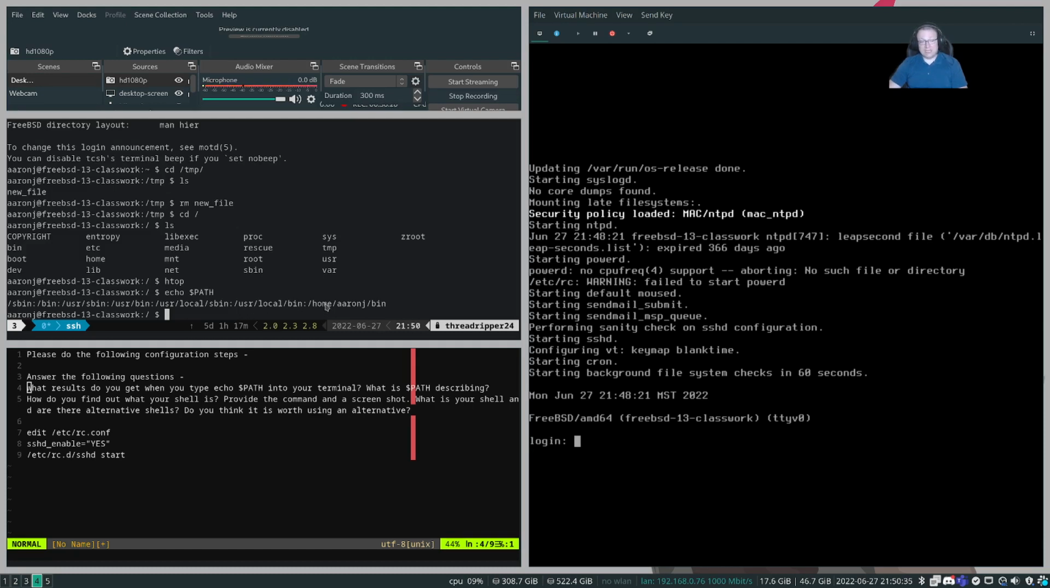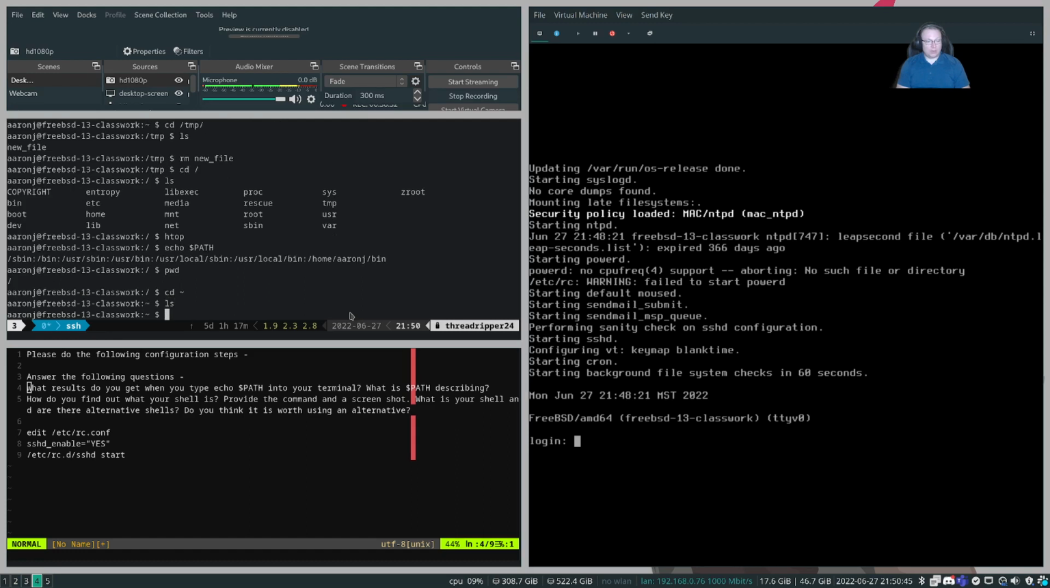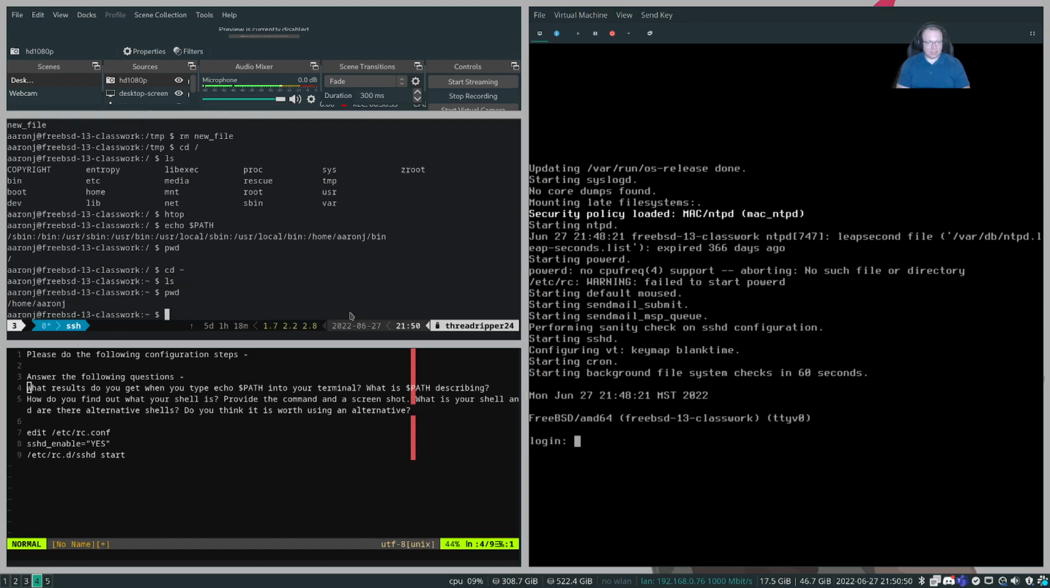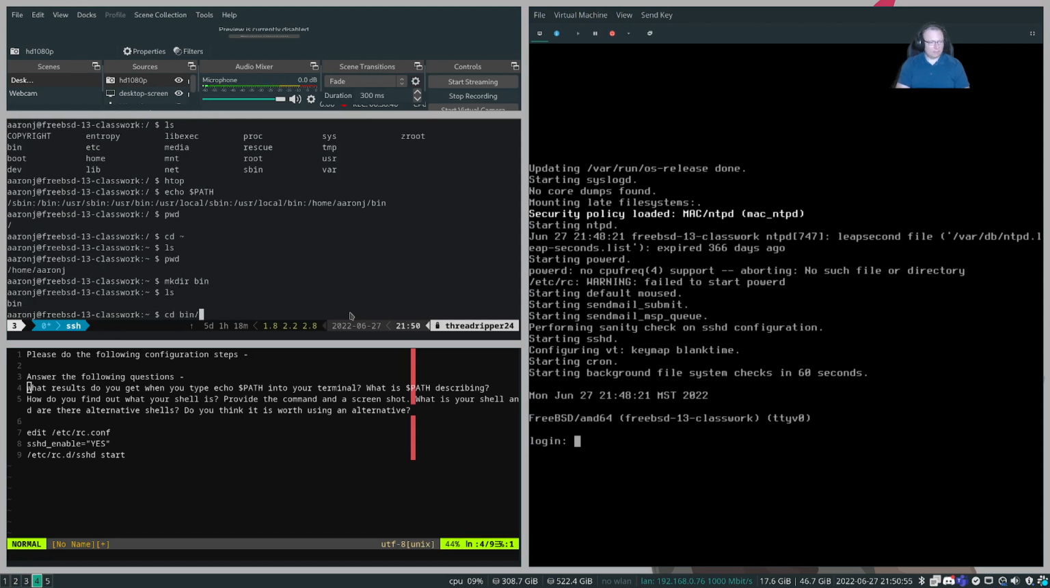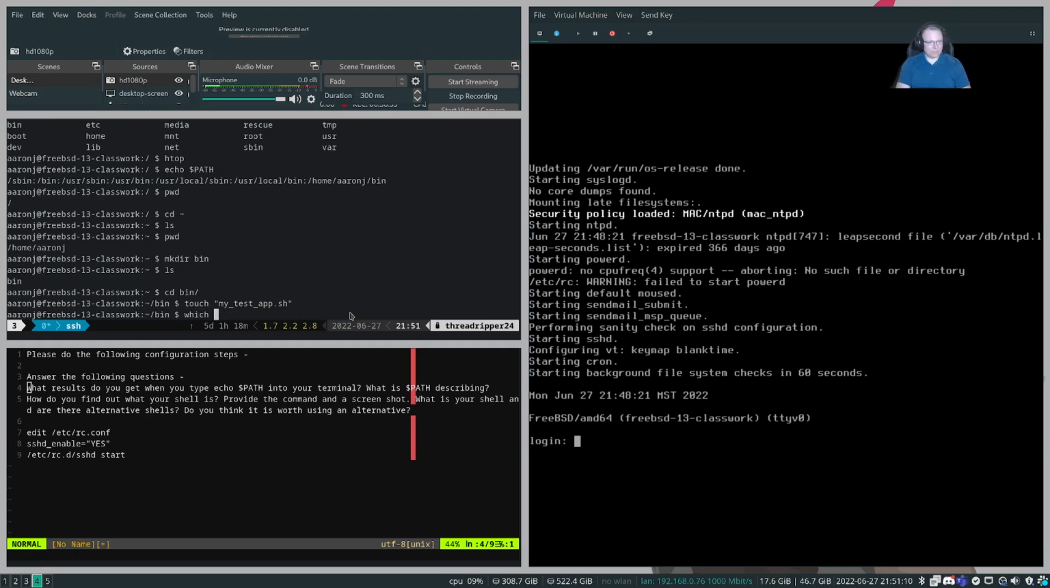And then finally, if you were to create a folder called bin under your home directory, so pwd, cd, and a shortcut is hold shift and hit the tilde, and you will be able to automatically go to your home directory. And so if we mkdir bin, go in here, and then we were to touch, let's call this mytestapp.sh,